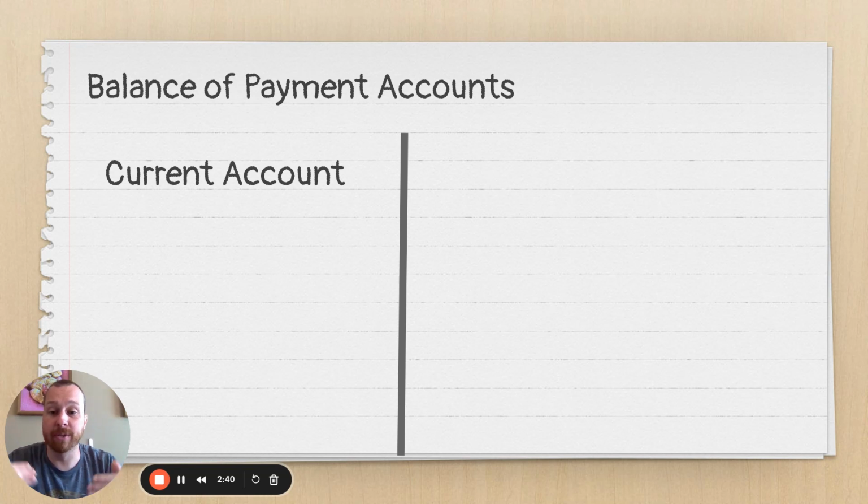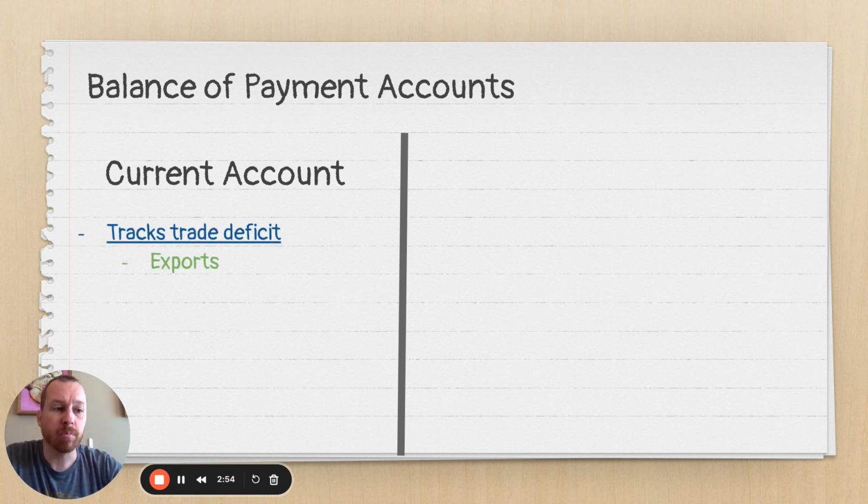But this current account is one of the sub-accounts of the balance of payment accounts. And this is the one that's all those goods and services, like I was just mentioning. You buy hats, shirts, shoes from China, and they buy stuff from us. So the parts in green here is the money we get,